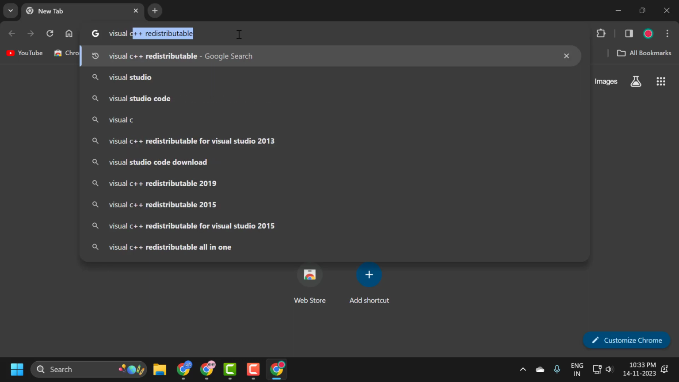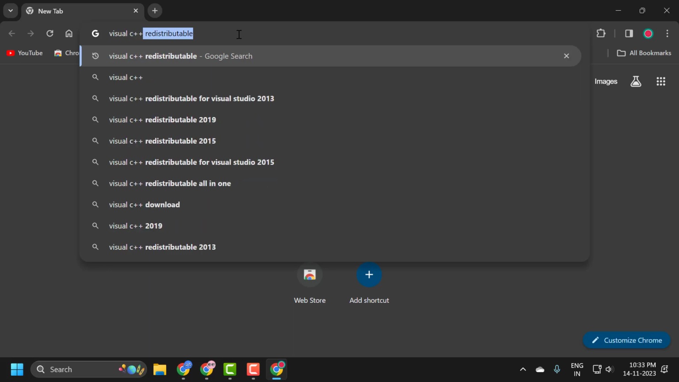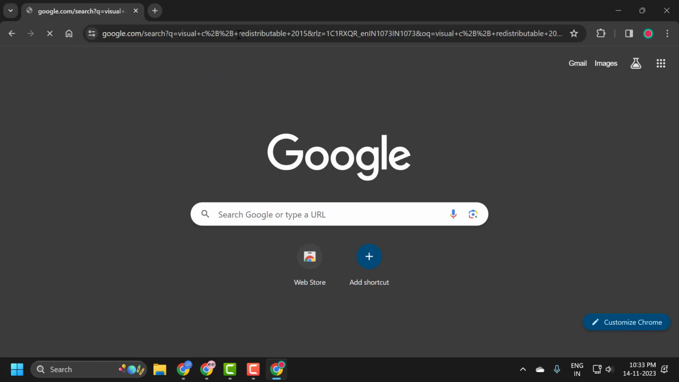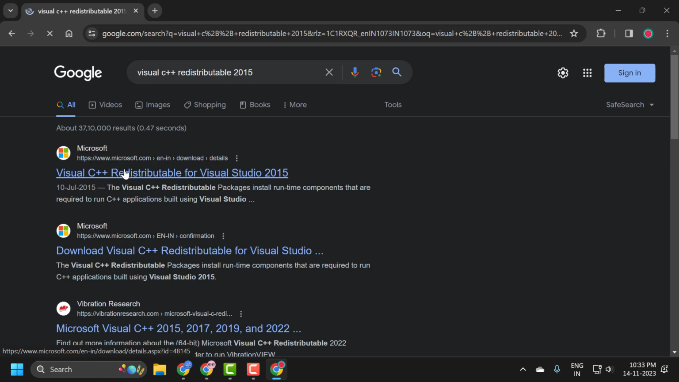C++ redistributable 2015. Press enter. Comes up Microsoft official website, click on it,